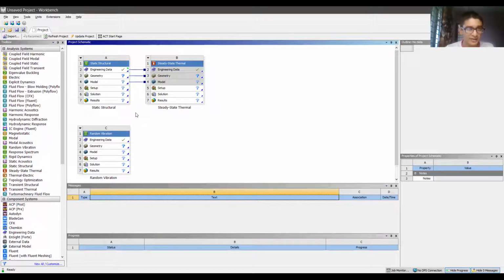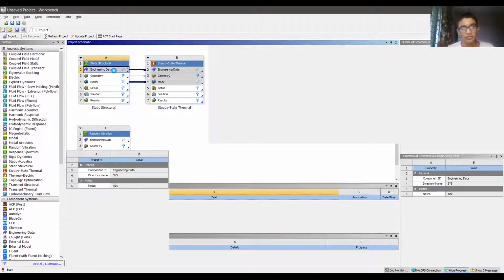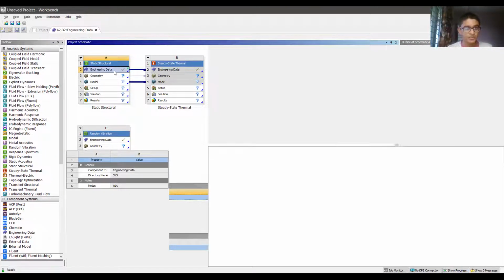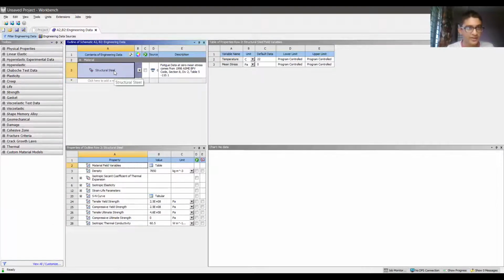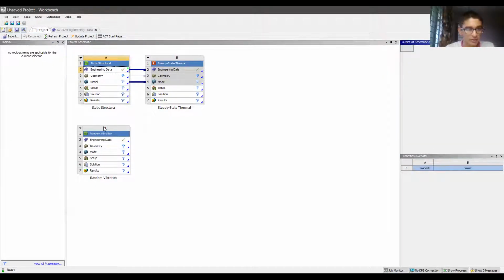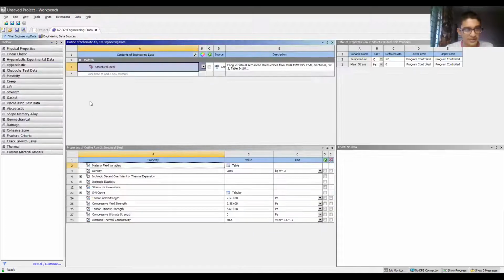In the engineering data module, you have different engineering data such as steel or plastic, solid, etc., the data to be applied in it. You can use the inbuilt library. There is a huge library available inside engineering data. So I have just double clicked on engineering data and this new window has opened. This is the original project where we were working already, and this is where the engineering data is.